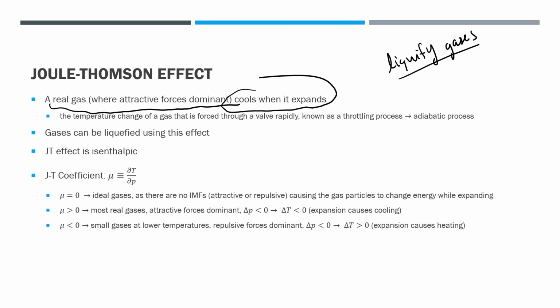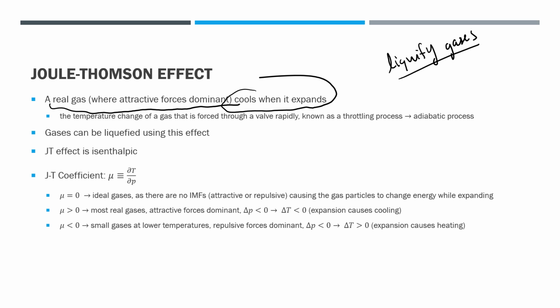Think about a gas rapidly escaping and expanding into a bigger volume. It's going to lose energy, right? It's going to lose energy because there's attractive forces between these molecules, right? And when these molecules are all expanding, they're pushing against the attractive forces. Attractive forces want the particles to come together. Instead, they're expanding and going farther apart. We're pushing against it. We're losing energy, right? The particles are going to lose energy, and that's going to make the gas cool down because it's losing energy, right? So that's essentially what it's doing. The gas particles are pushing against the force, and they are losing energy.